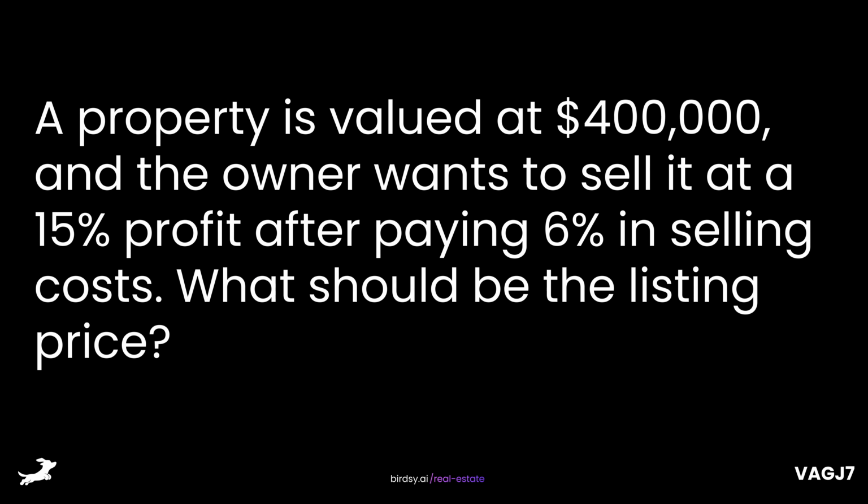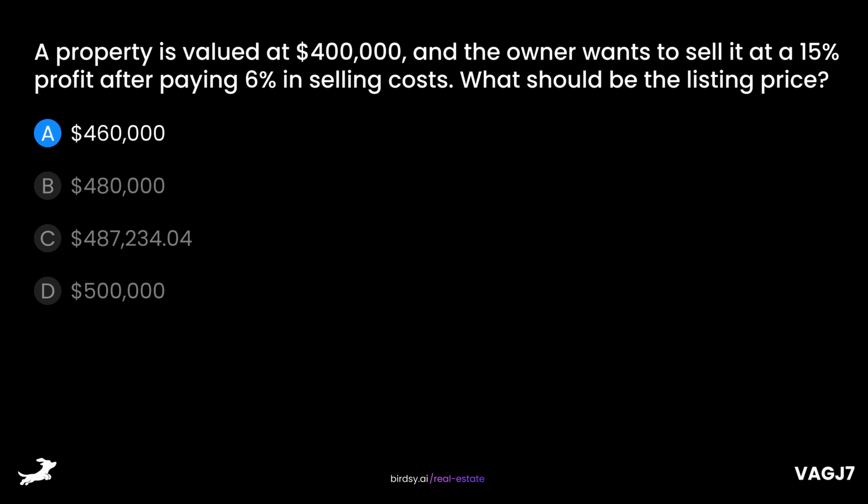A property is valued at $400,000, and the owner wants to sell it at a 15% profit after paying 6% in selling costs. What should be the listing price? Is it A, $460,000, B, $480,000, C, $487,044, or D, $500,000? The answer is C,